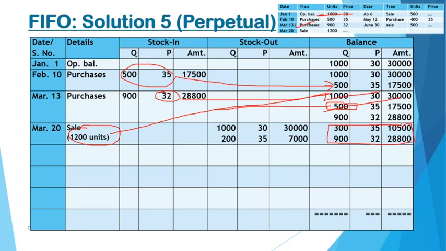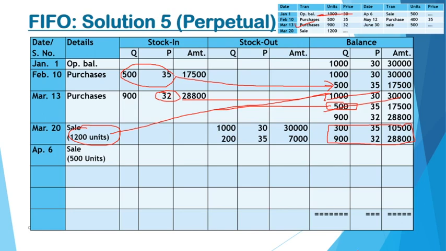Now, what is your next transaction? Next is again a sale of 500 units. Now, in order to make that sale of 500 units, the first method will say utilize the first lot first. So you will not say that since we have a second lot sufficient to make this sale happen, why not make it from there?